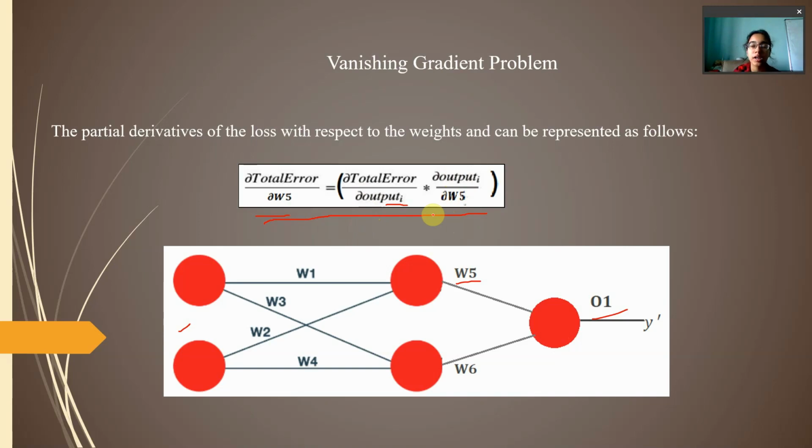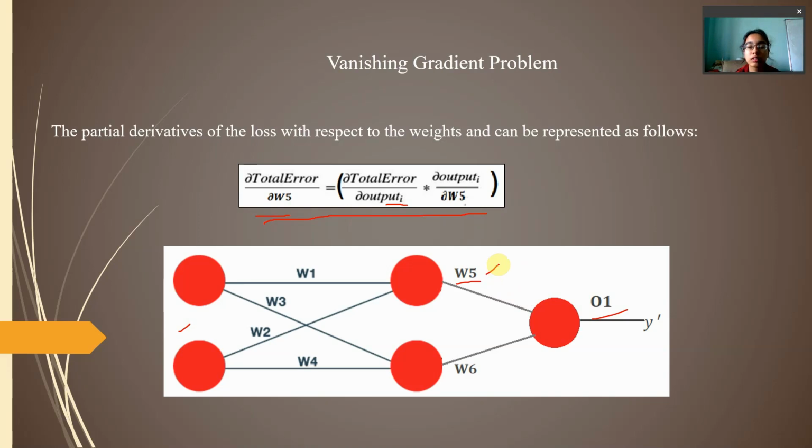0.004. Now we already know the weight updation formula, that is W5 new will be equal to W5 old minus the learning rate into the derivative term. So this will be the updated W5. Let us consider that we have taken the old value of W5 as 25 or 30. Okay, it can be any value.